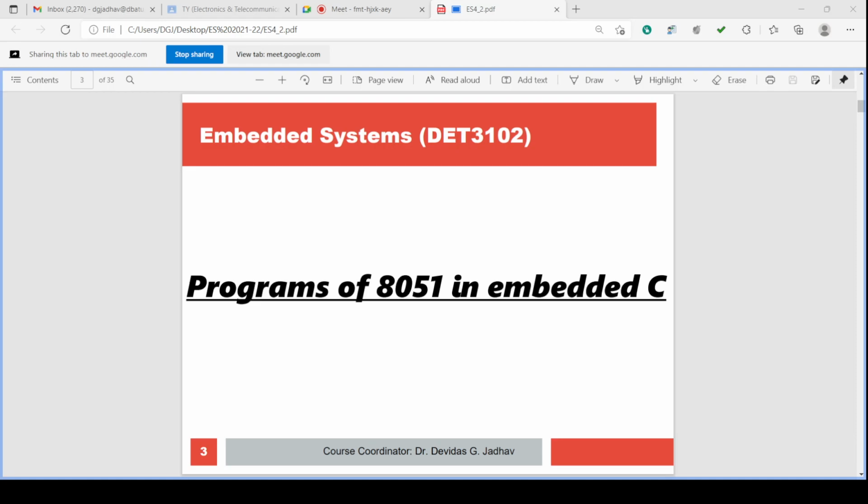We can check this in the simulation. So how to do the simulation, how to check this, we can check it one by one.